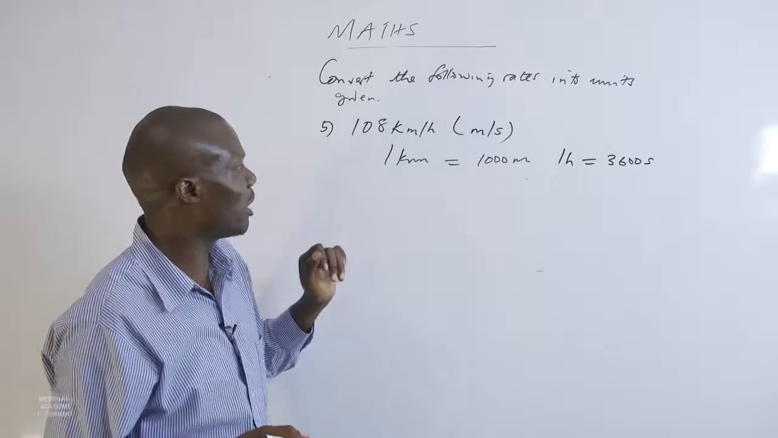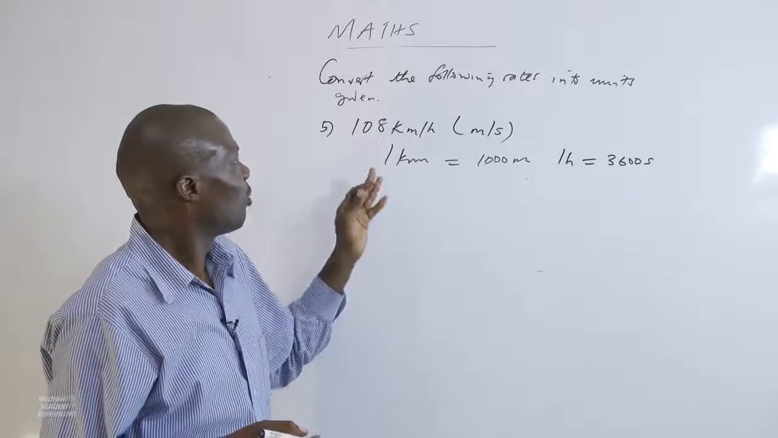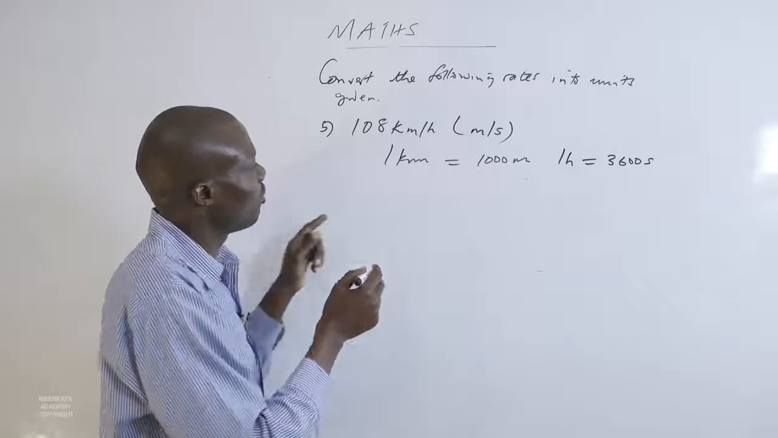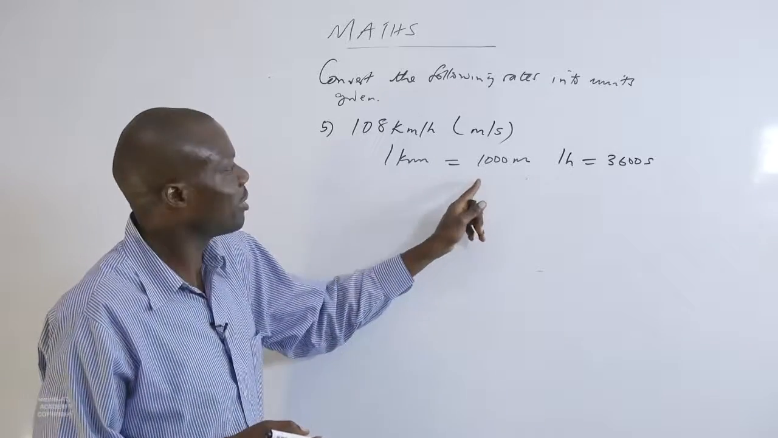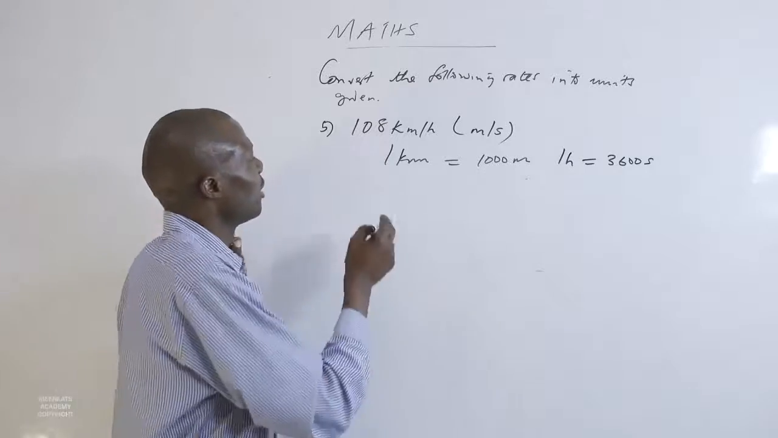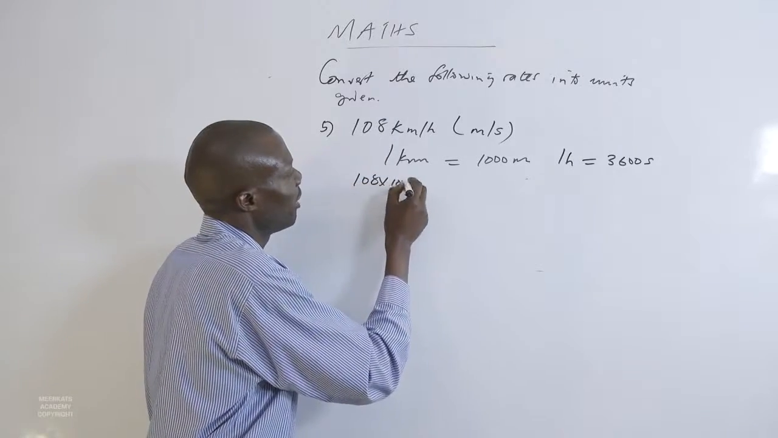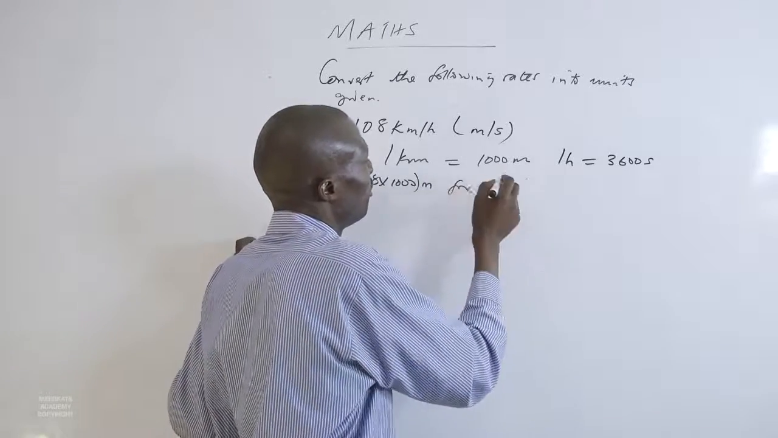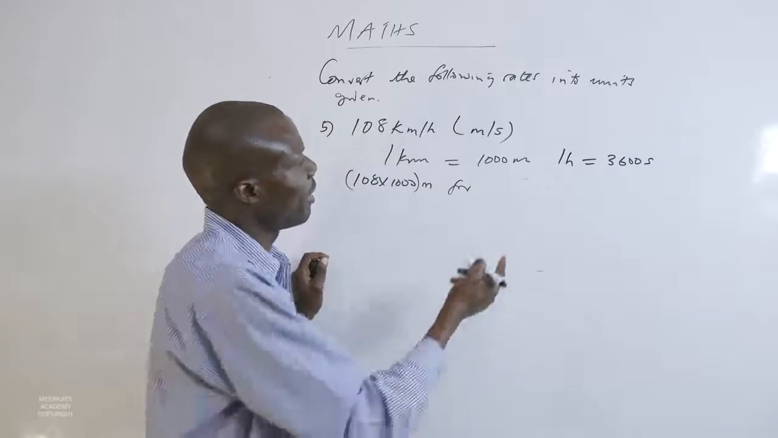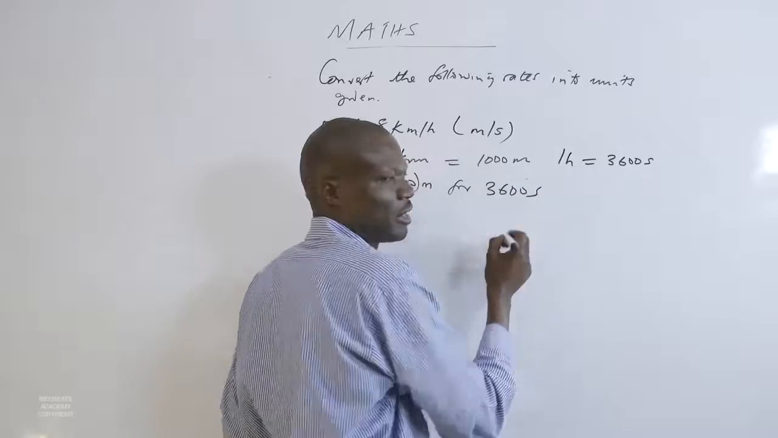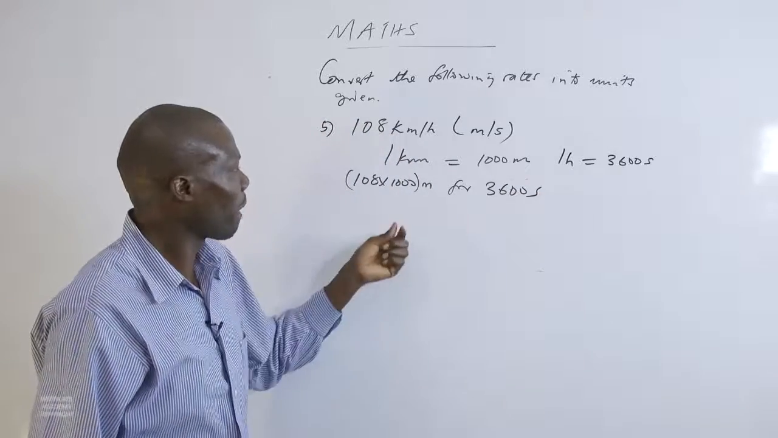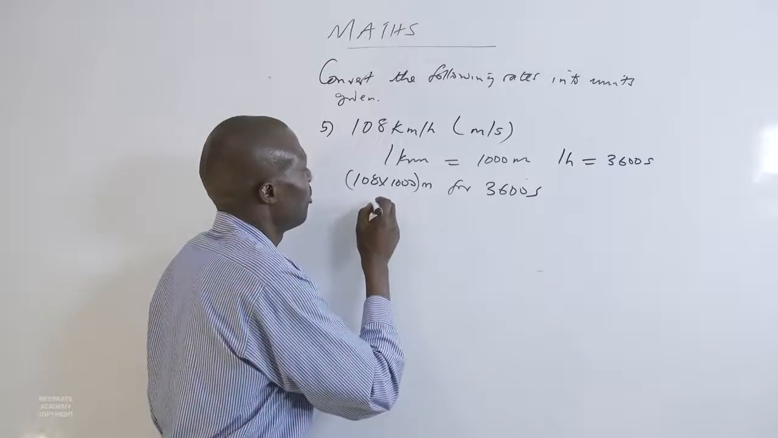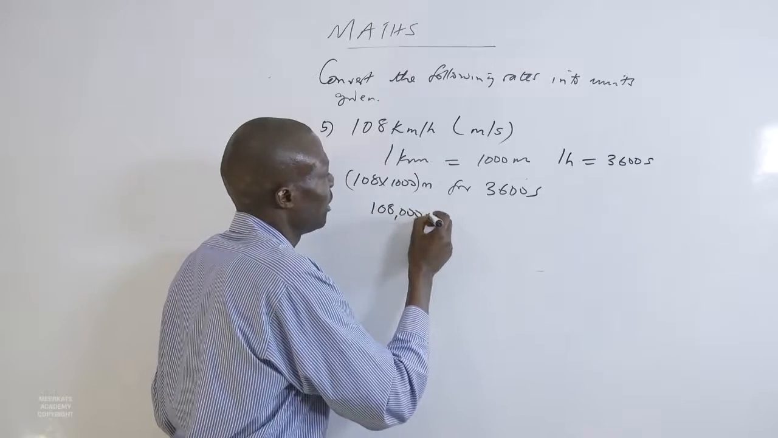So that's where the trick part is. So we can now move ahead and see. We are talking of 108 kilometers. To convert this, if 1 kilometer is 1,000 meters, how many meters is 108? It will be 108 multiplied by 1,000. This one will give us meters. And for how long? For 1 hour, and 1 hour is 3,600 seconds. So this is 108,000 meters for